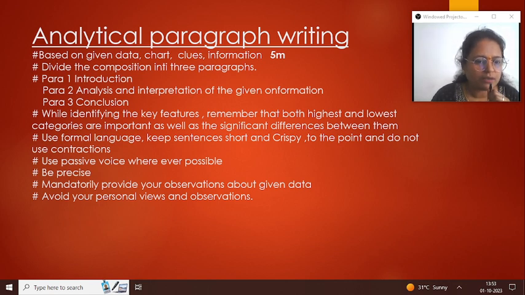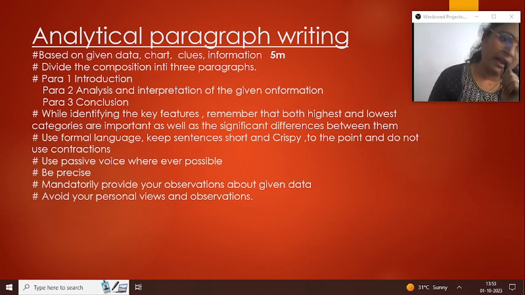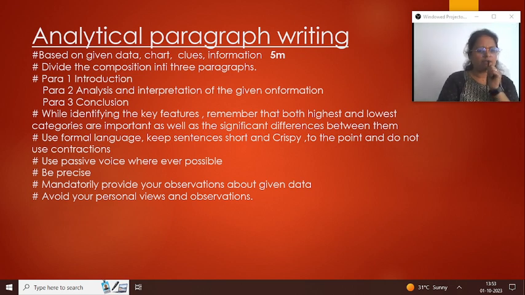Suppose it is a graph chart. Which is the lowest one? Which is the highest one? Which is the average one? That should be mentioned clearly in the paragraph. And you should not exceed more than 120 words. If it is said 120 words, you can go up to 130, but not more than that. Clear? Actually, they tell you 100 to 120 words only, but 5 to 10 words here and there is okay. No one counts your words, but do not exceed 150, 200, 250 words. That will consume your time and your ideas also.